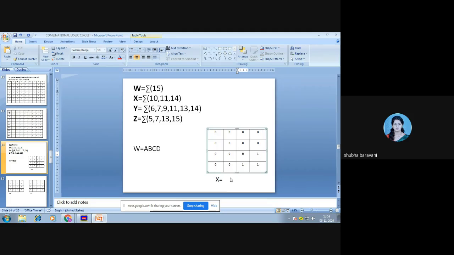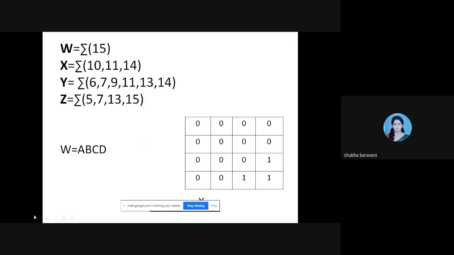See the K map for X. All of you check the K map for X. You all can tally this, right?